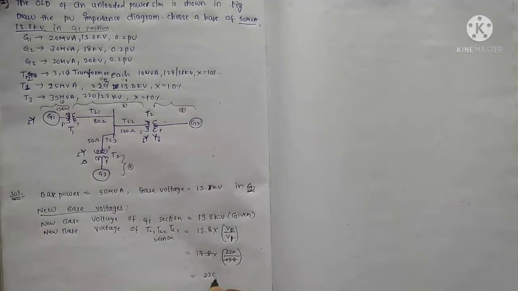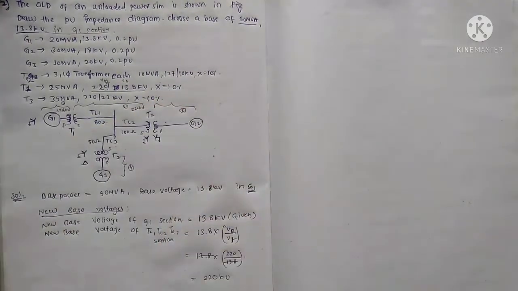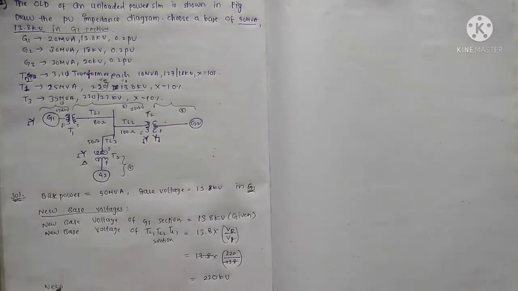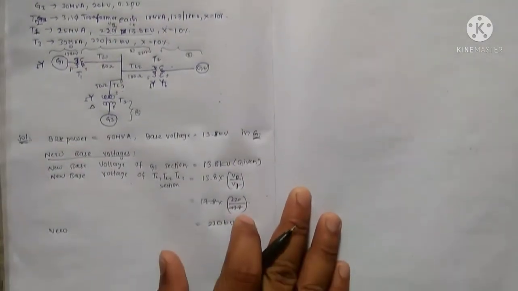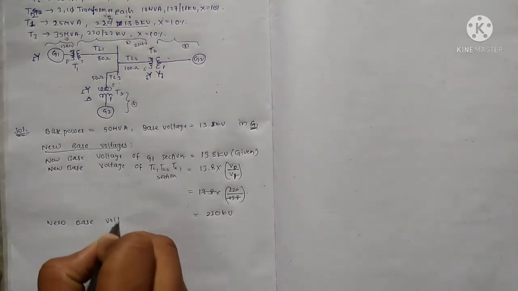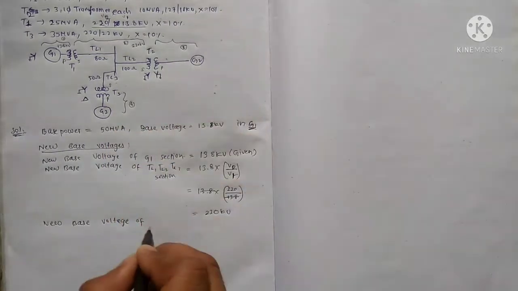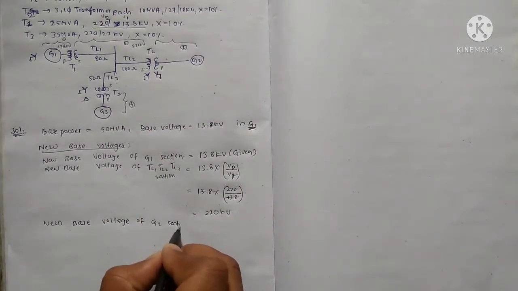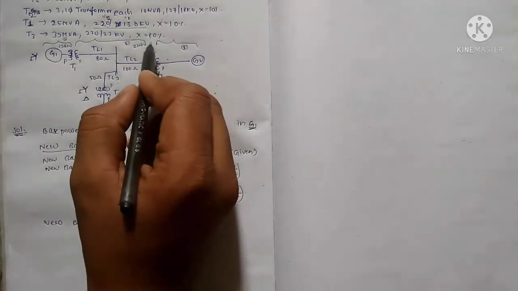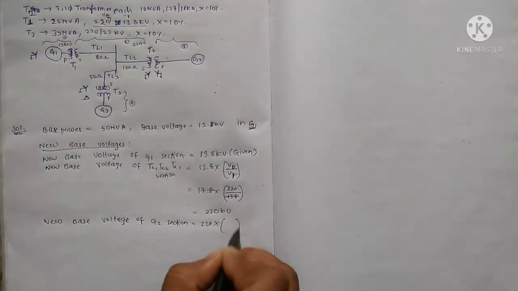This is equal to 220 kilovolt. Write this section voltage as 220 kilovolt. Now the new base voltage of the generator 2 section is equal to the previous voltage, which is this section voltage, that is 220, multiplied by